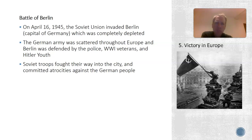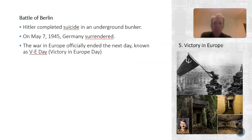Things are not going very well for the Germans, obviously, or the people in Berlin, especially the civilians, and the Soviets are losing lives as well. So Hitler is going to plan suicide in an underground bunker. He's going to have a poison concocted. He's going to test it on his dog. He is going to decide to get married to Eva Braun, and after the wedding, they're going to take the poison. I believe they may have been shot, and they have their bodies burned